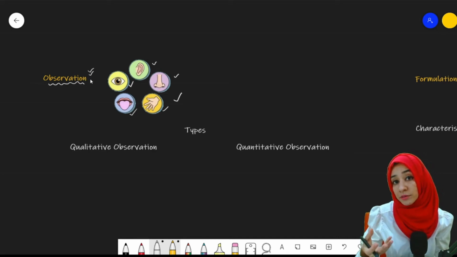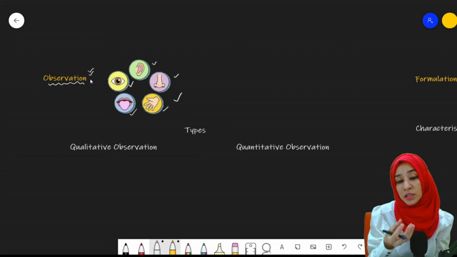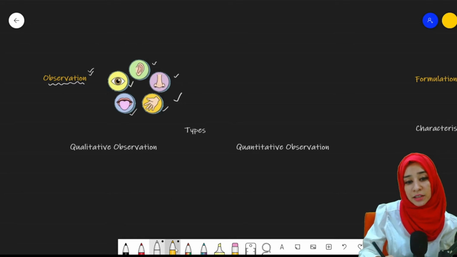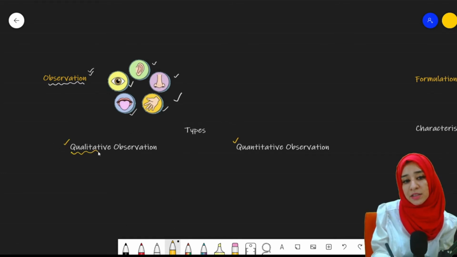We are going to observe and see what changes are occurring in the environment and why they are occurring. This is what you mean by observation. Okay, so this is how we are observing it with the help of our 5 senses. Now, observations are further divided into 2 types, qualitative and quantitative. The name is indicating it. Qualitative deals with the quality of anything, right? And quantitative will deal with the quantity.